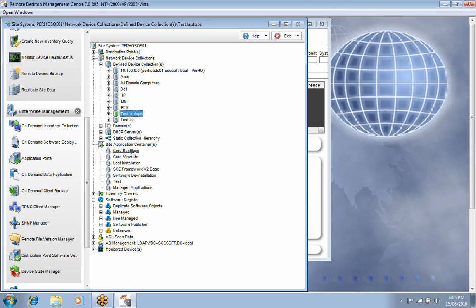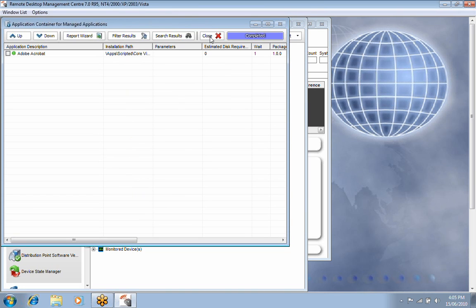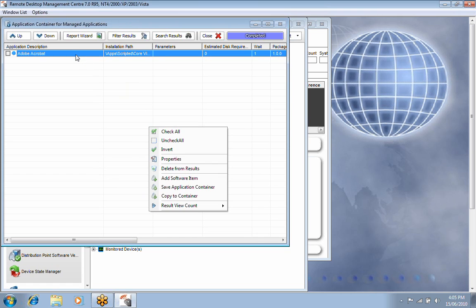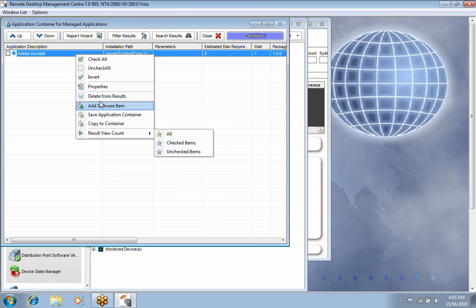The last option that we'll look at, which is a very new one under Managed Applications, is Advanced Licensing. In RDMC version 7,